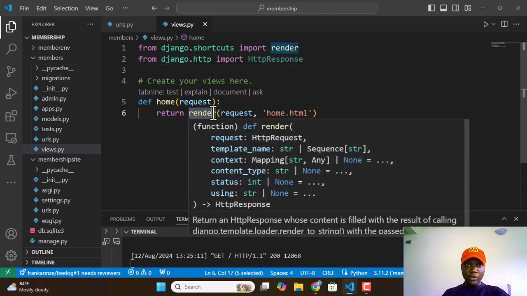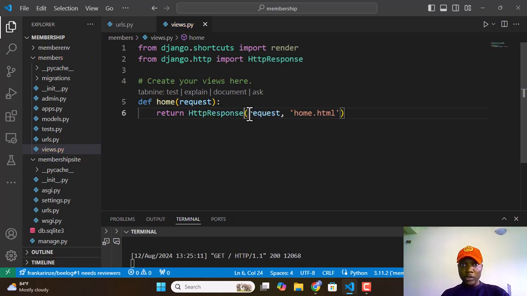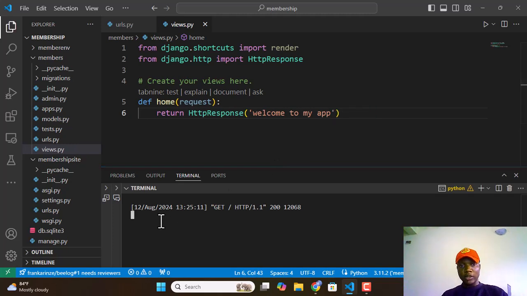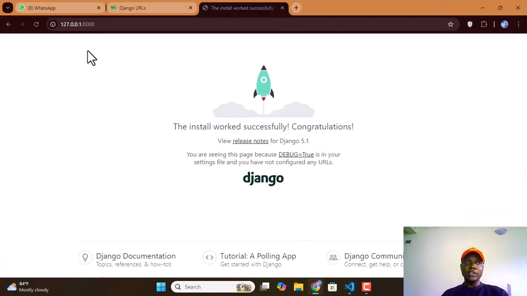Now here I am going to return HttpResponse. Let me remove the request argument, and then let me return just a string at this place. Welcome to my app. So now let's rerun our server. So most likely to end this server and run it again. Now go to your website. If I refresh this,